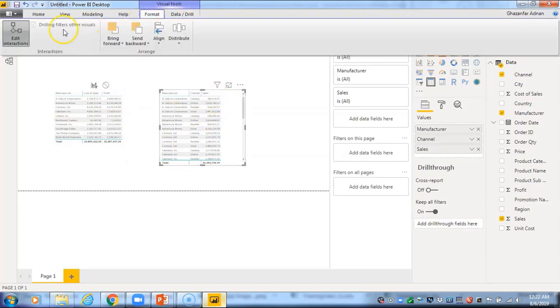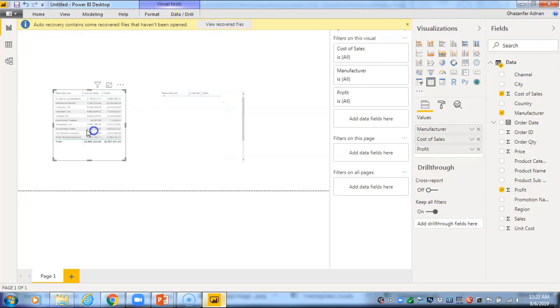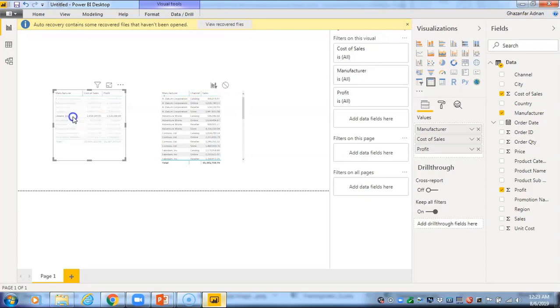And currently, if I switch off edit interactions, you can see it's not filtering the data on this table because I switched it off, as you can see from edit interactions. You have the option of switching it on or switching it off. If I switch it on and choose this, it's filtered. If I switch it off, it's not filtered. So that's basically how you can filter or unfilter your tables and how you can do cross-filtering